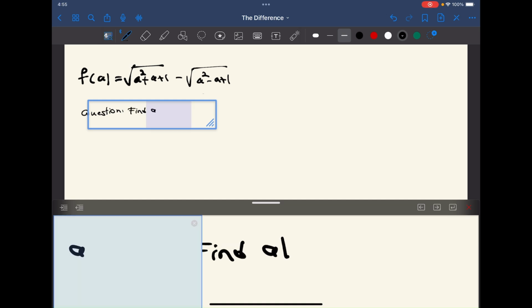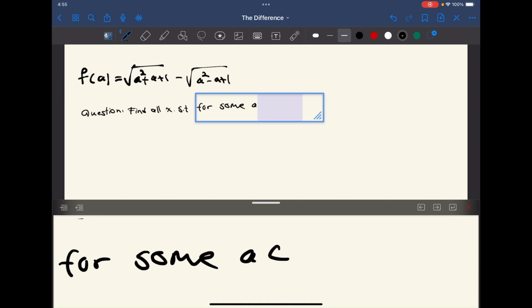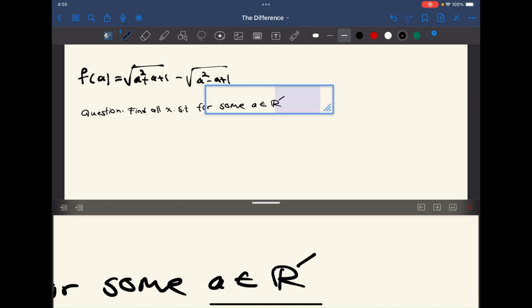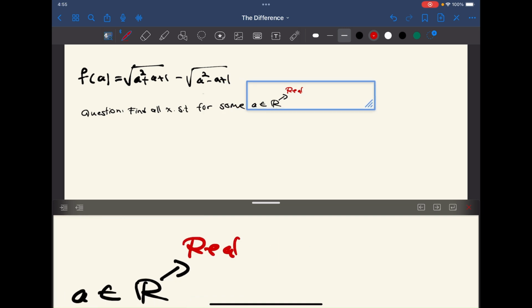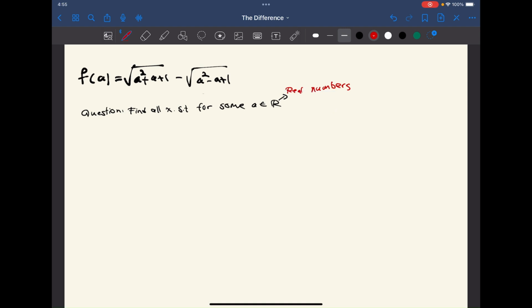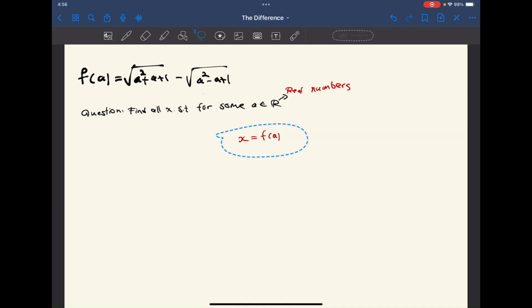Find all x such that for some a in R, real numbers, we have that x is equal to f of a, right? And so, okay,